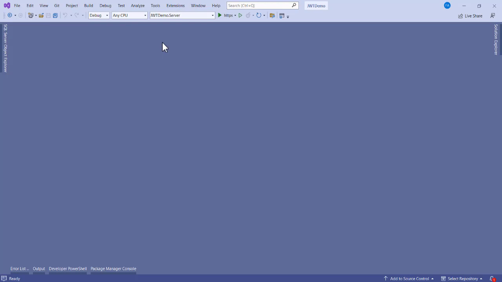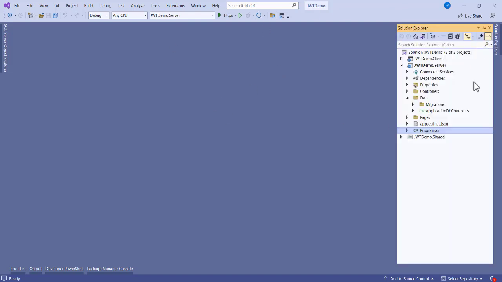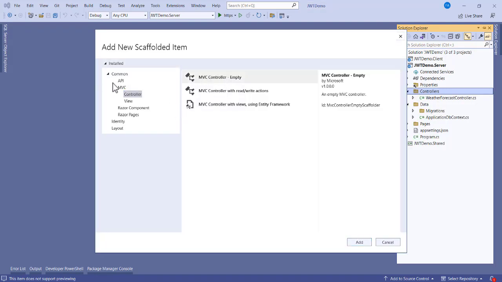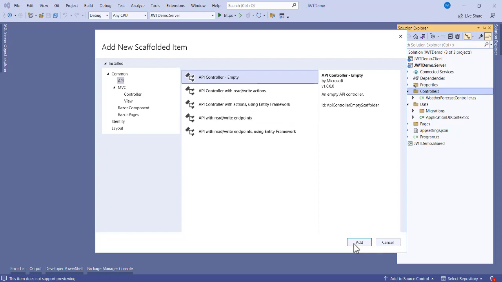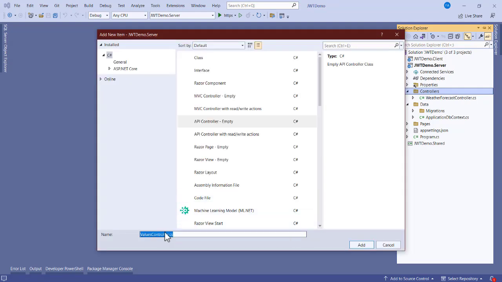Okay, so what you have to do here is add a controller to create an account. So let's create an account controller. If somebody wants to register, he needs a controller to be registered. So let's see, right click on Controllers, add new controller, and select an API empty one, and the name is going to be AccountController. So let's add account